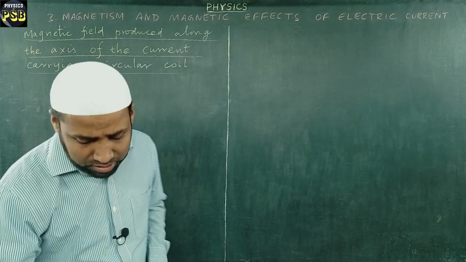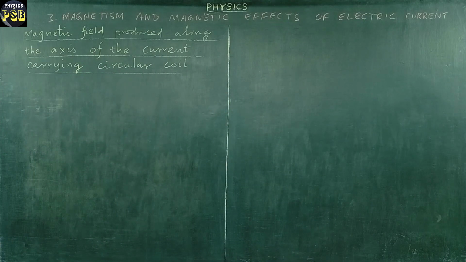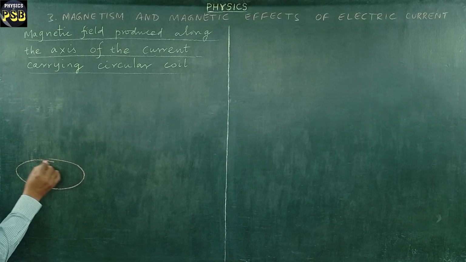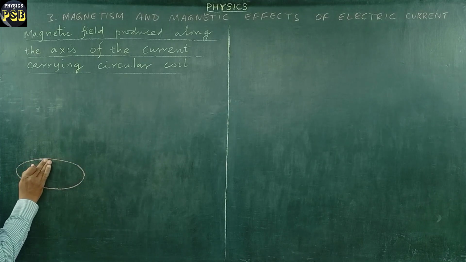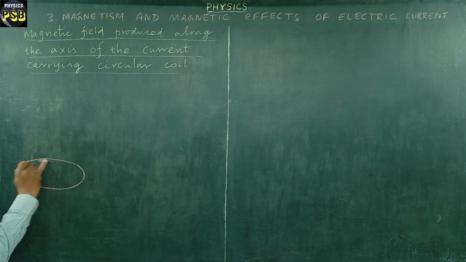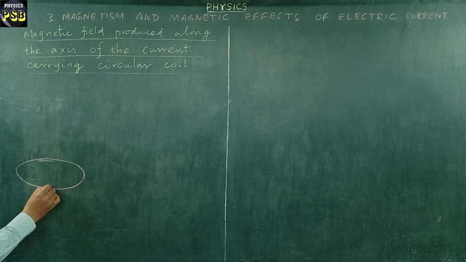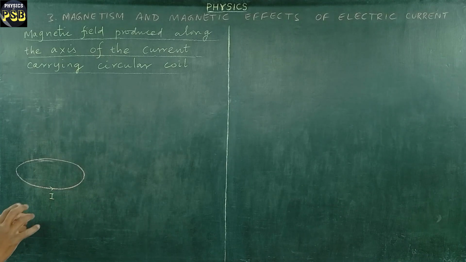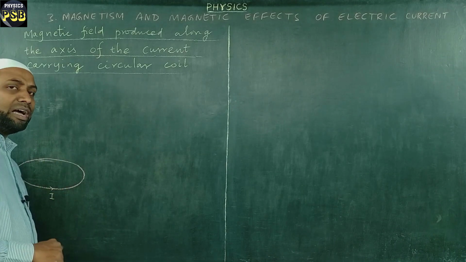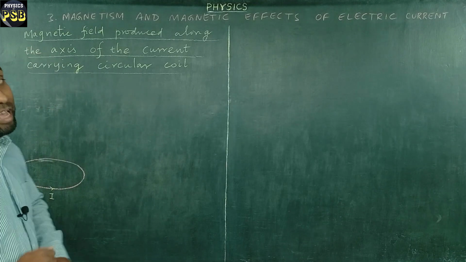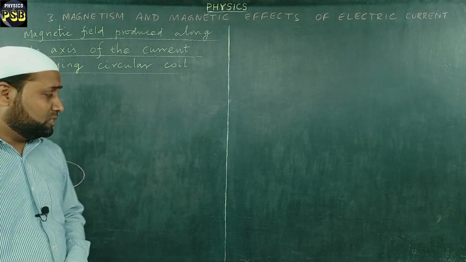For that, I consider this one as a loop or a coil which carries current I flowing in this direction. Now, I said it is a circular coil. If it is so, what I have drawn is nothing but an ellipse. Why is it so? The reason is